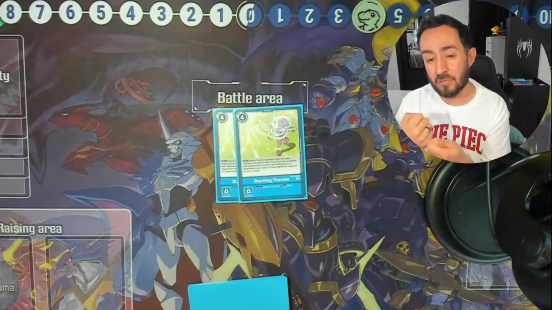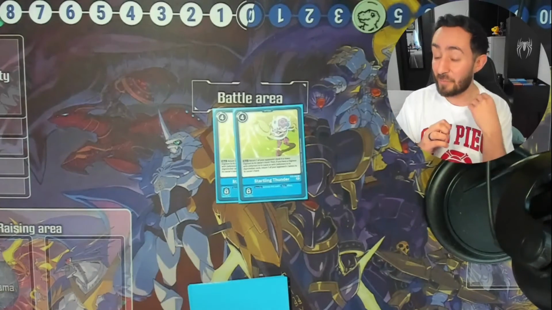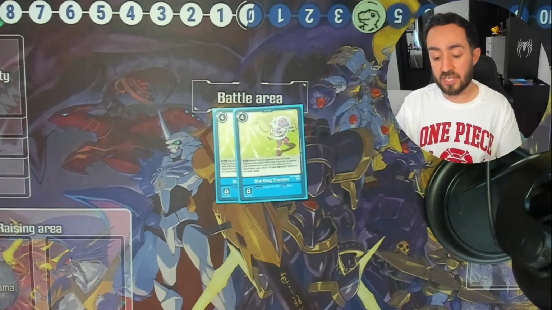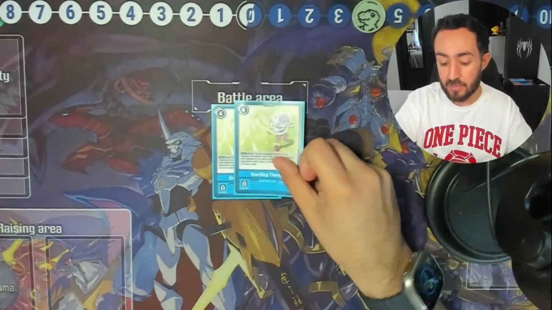So you can kind of keep using it, but again, it's going to be a little hard getting stuff from the bottom of the deck. But point is, you can put it back in your deck. So potentially you can use it more than twice. And then the security effect, you just activate the main effect. Keep in mind, it does have Jellymon in its text,